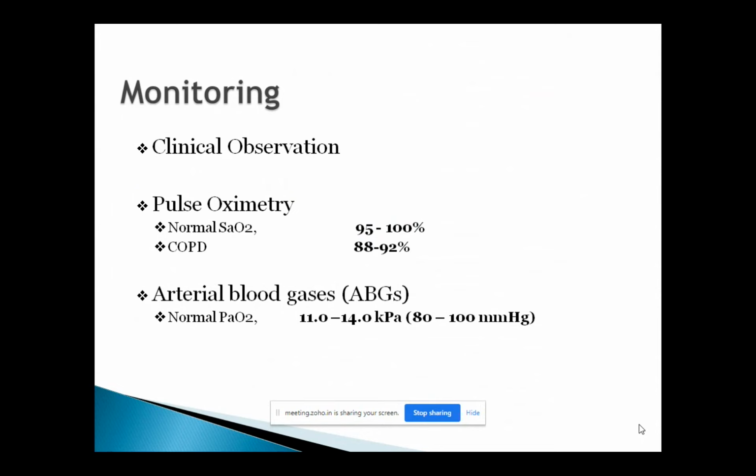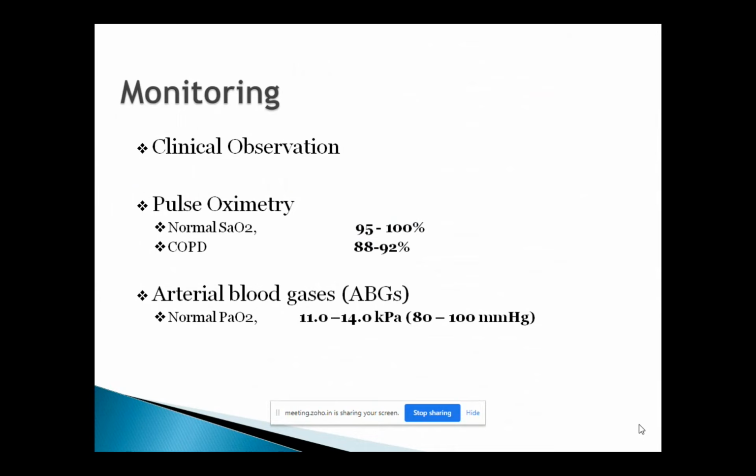Why am I saying this? If the patient is a known COPD patient coming to the hospital with some kind of infection, and they are already achieving 88 to 92 on pulse oximetry, there is no need to start this patient on oxygen unless the patient is in extreme breathlessness. Most of the time, we do that routinely: oh, the patient has come with a chest infection, let's put them on oxygen. That is not actually correct management, and that is not necessary. That's the reason it's important to know what their normal saturation level is, what their acceptable saturation level is. For example, put it in this scenario.